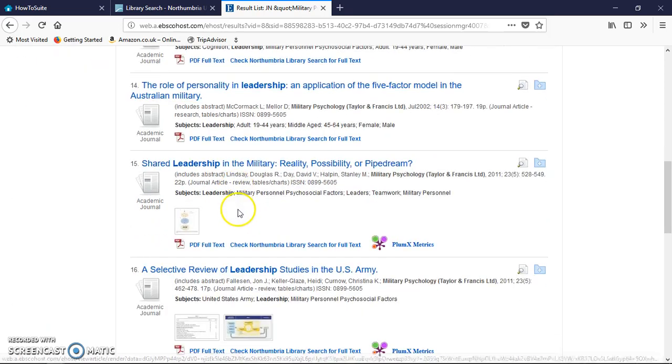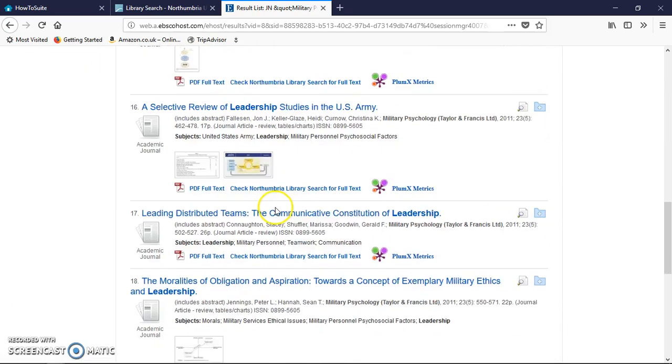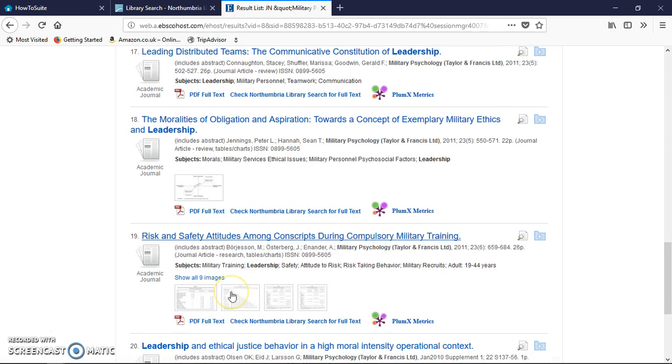And another one, I think some of you again involved in training. That's an interesting one, about risk and safety attitudes amongst conscripts during compulsory military training. And again, they've all got PDFs and things like that. Right, so we've just looked at one journal here. You can look at some of the other journals under that military title, and again, you might get some things which are relevant to you. Now clearly you might